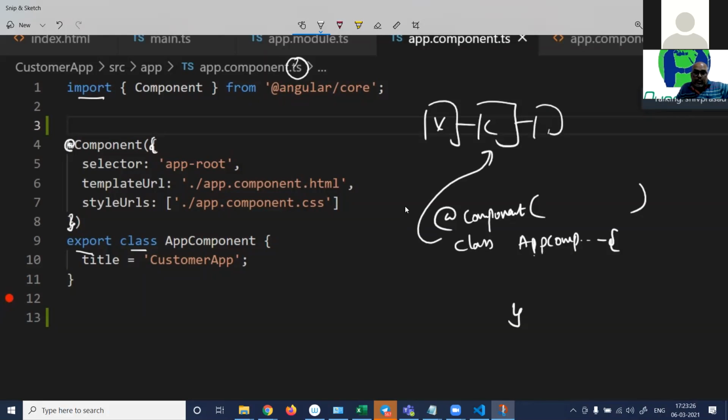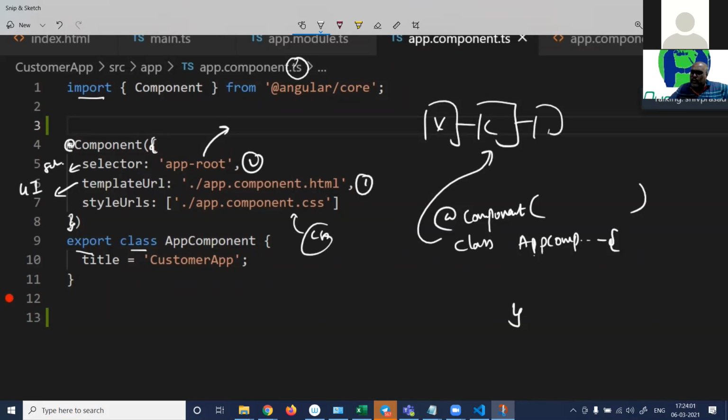So in this component decorator, there are 3 parameters here. The first parameter is the UI. So which UI this component is connected with is defined by this template URL, the view. The second parameter, selector. Into which selector this UI should get loaded is put here. And third one, for this UI, do you need any CSS style sheets? You will define that here, right? So you can see here, it says this app component is.